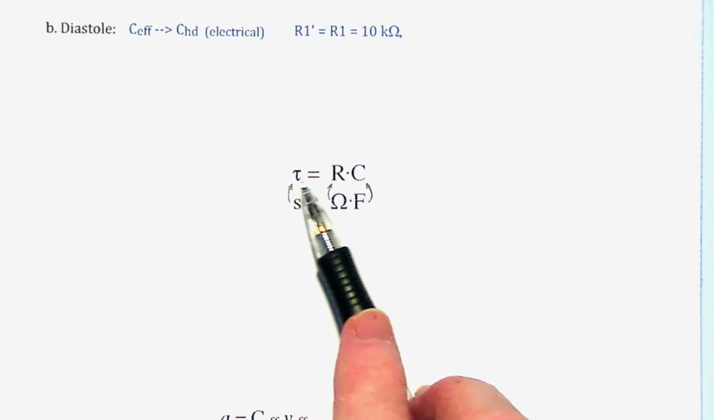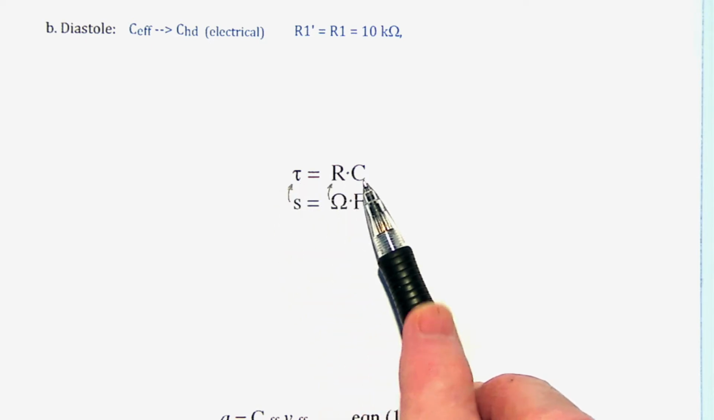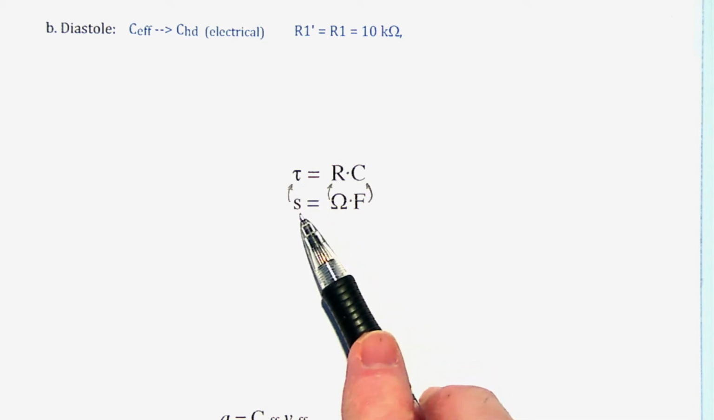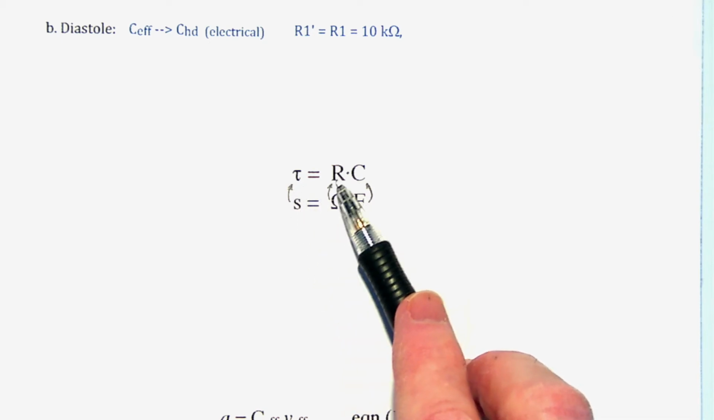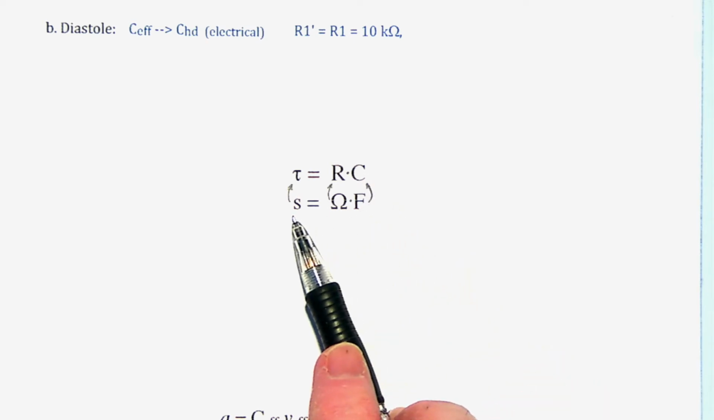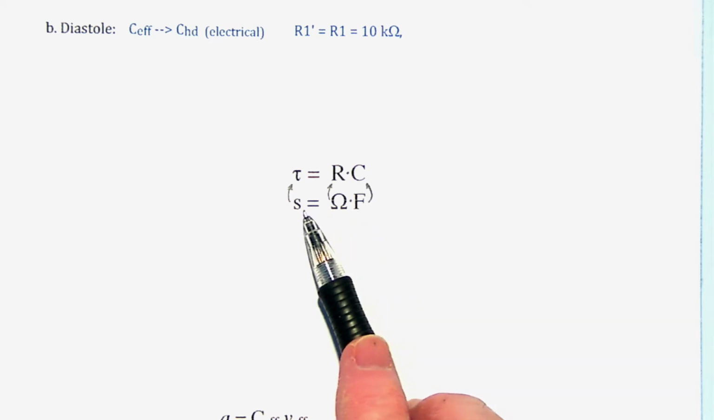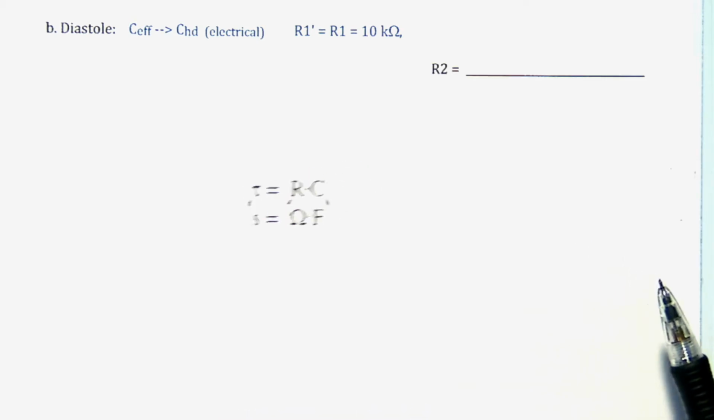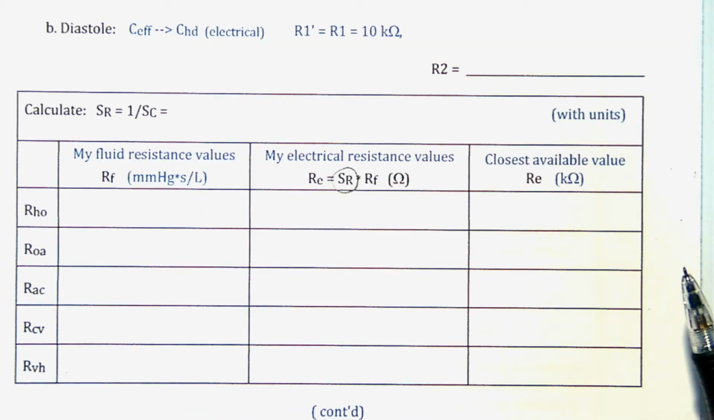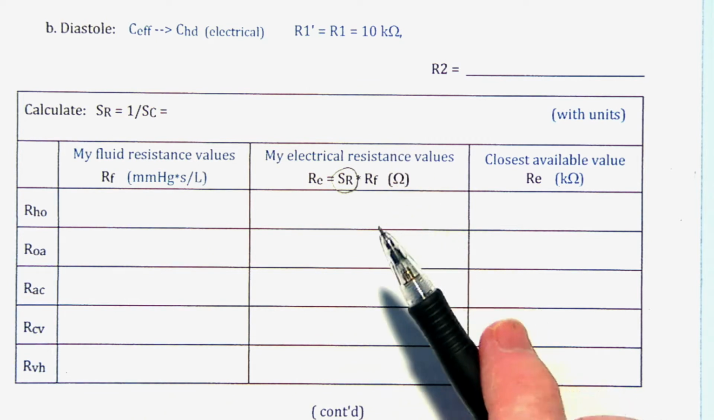Notice that tau is given by resistance times capacitance, and the units of tau are seconds. The units of resistance are ohms, and the units of capacitance are farads. So a second is equivalent to an ohm-farad, or to put it another way around, a farad is a second divided by ohms. Use those equivalent units to convert your S sub R over to ohms,